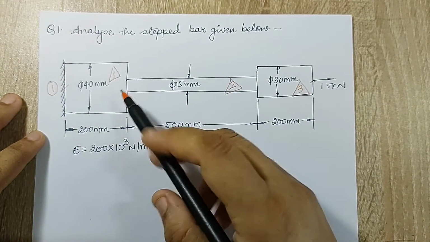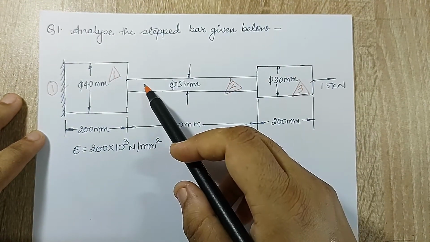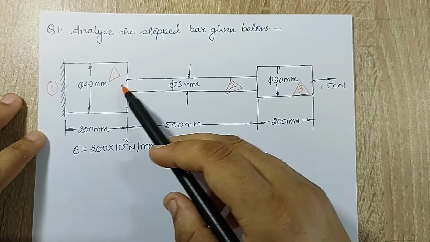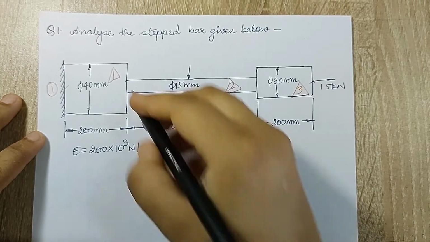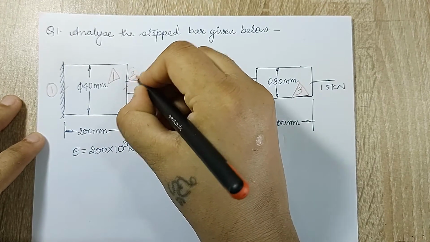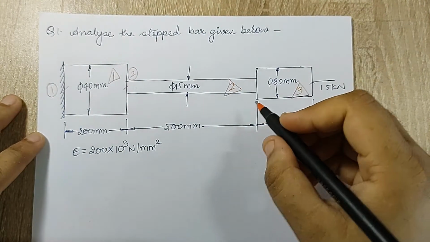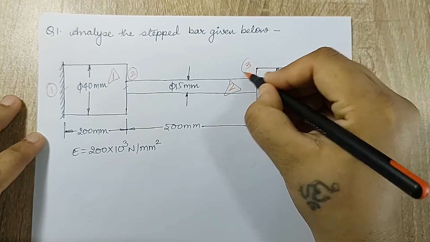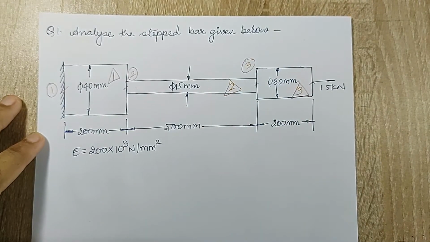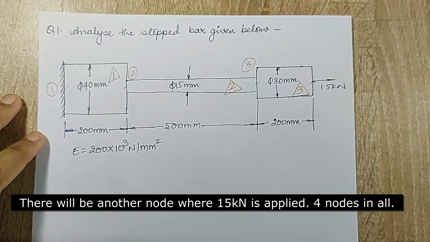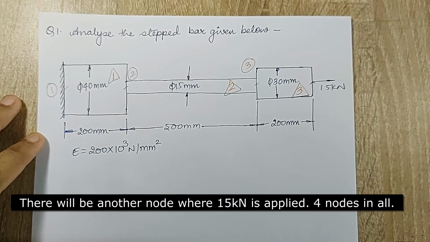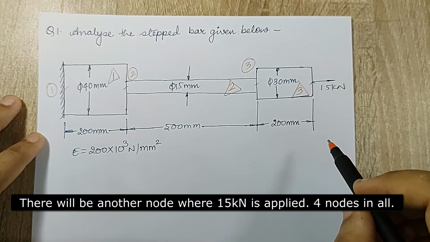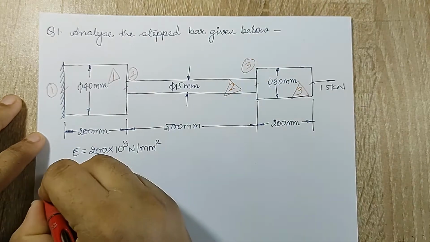As you can see here, element 1 ends and element 2 starts. So there is some change of cross section geometry. So I am going to mark a node over here which is my node 2. Similarly, between element 2 and 3 there is a change of cross section, hence I am going to mark a node 3. There is no change of material and there is no sudden load given in these conditions. So these are the 2 rules applicable for discretization. Now I'll start with the solution.